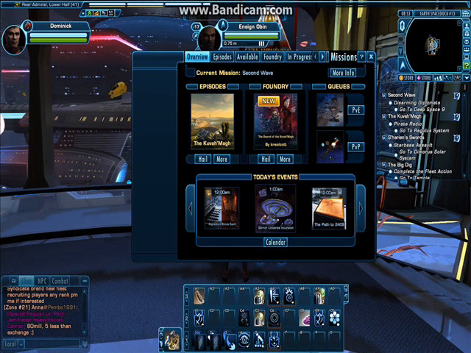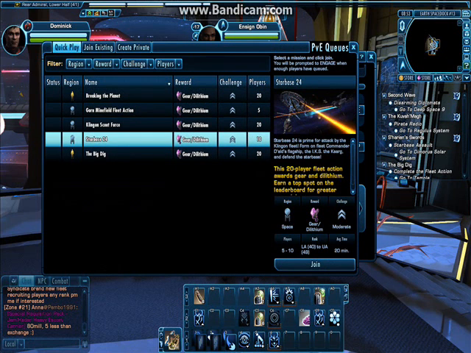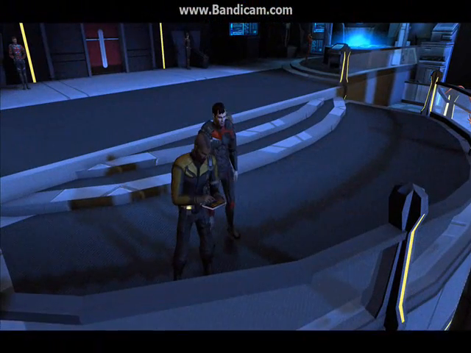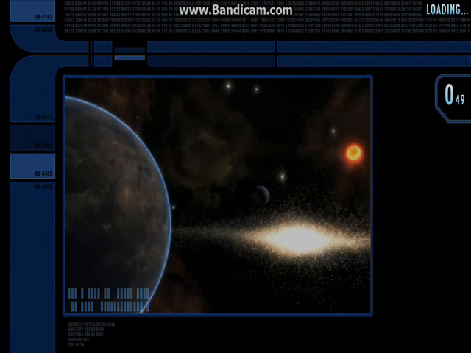So what we're going to do is PvE, and we're going to do something nice and easy, so you can get the idea of how it works. We're going to do the one that's already in, brilliant. So this is Starbase 24, Federation versus Klingons. Basically, kill as many Klingons as